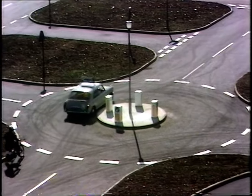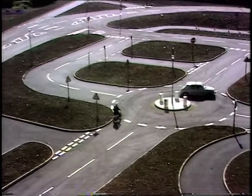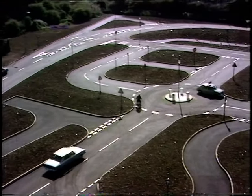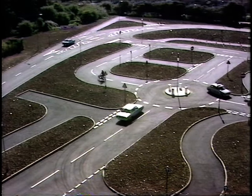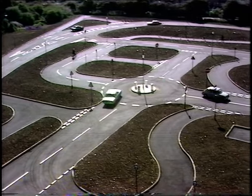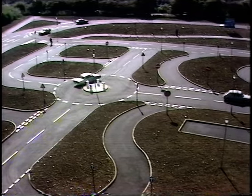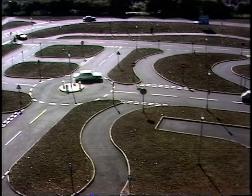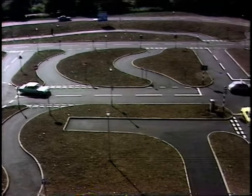They've opened this Harrow Driving Centre, basically a miniature purpose-built road complex, but one that is off the public highway. It offers in Britain a new concept in learning roadcraft, because here, free from the real hazards of crowded roads, parked cars and the rest of us impatient drivers, there's a controlled environment, as near as damn it akin to the real thing. It includes a roundabout, traffic lights, crossroads, plus other types of junctions, as well as a